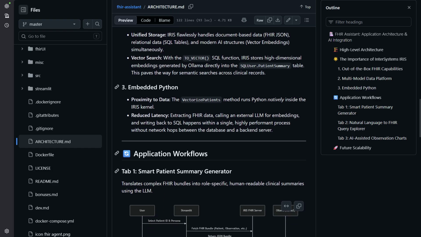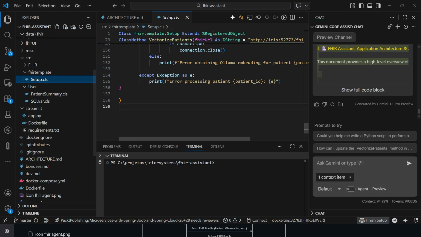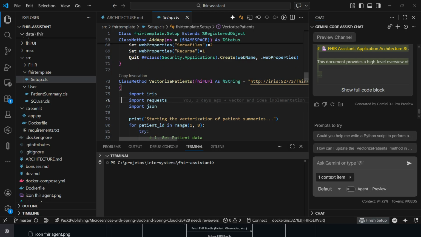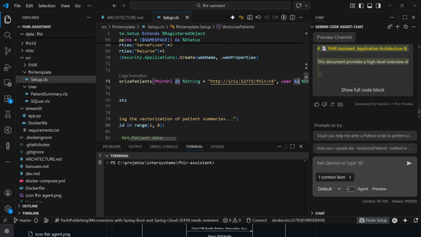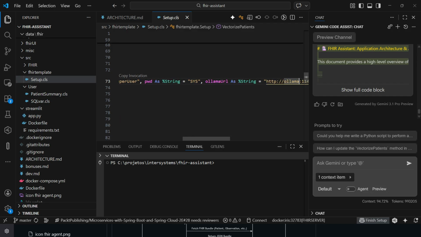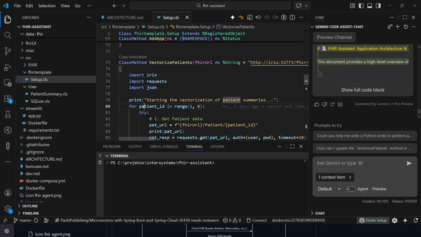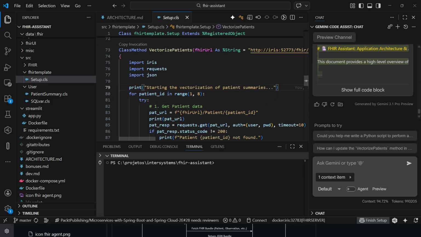And embedded Python is very useful to call AI functions using Python, as you can see here. Here I created the vectorized patients, and you have embedded Python here. You declare, you set the class method language as Python, and you write the Python code here inside IRIS, and